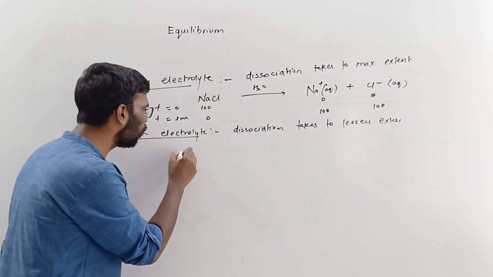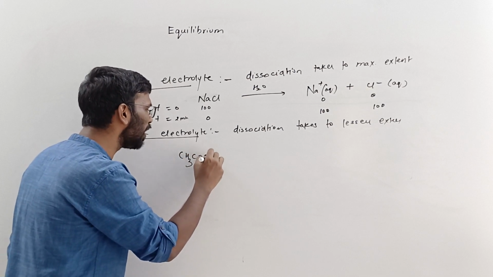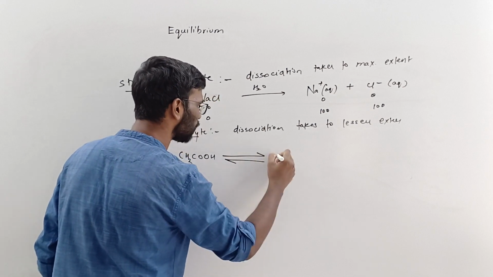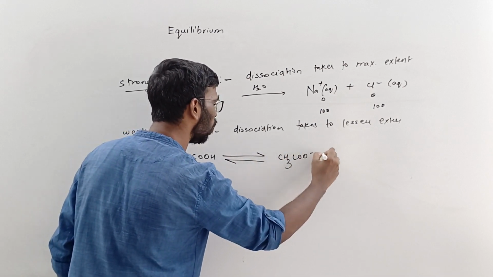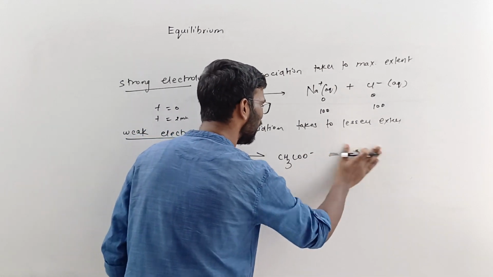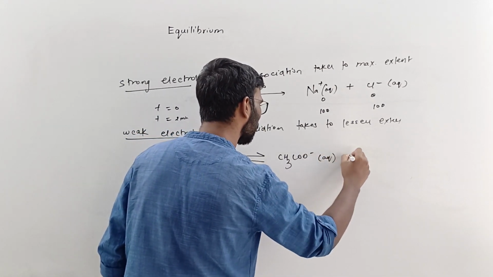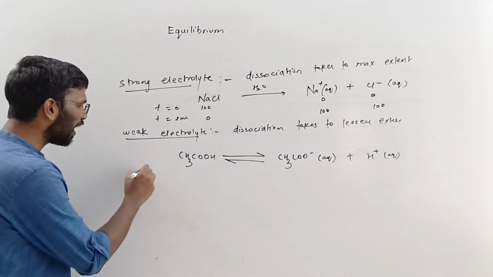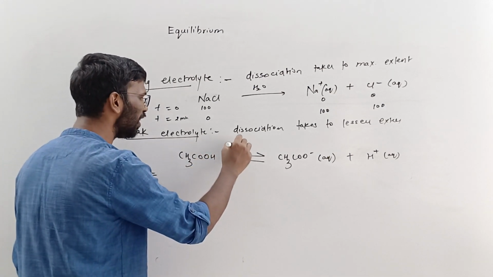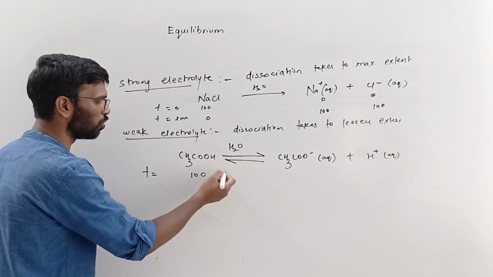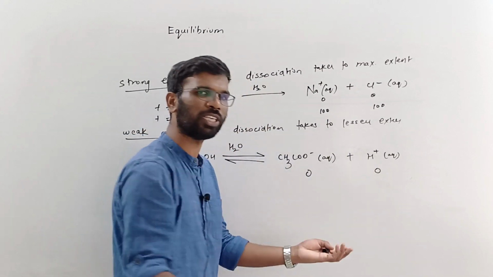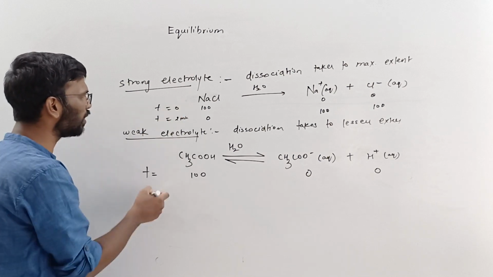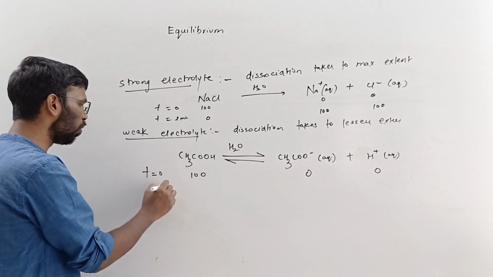If we take an example of a weak acid, a very good example is CH3COOH. Here dissociation won't be complete. It will split this way, into CH3COO minus and H plus, right? At time t equal to 0, if you are putting this into water, let's say you have taken 100 molecules of this. Initially there is no dissociation taking place. Let's take the same time, 2 minutes only.